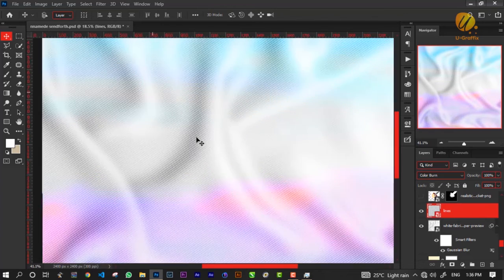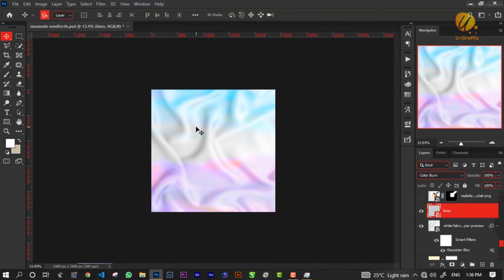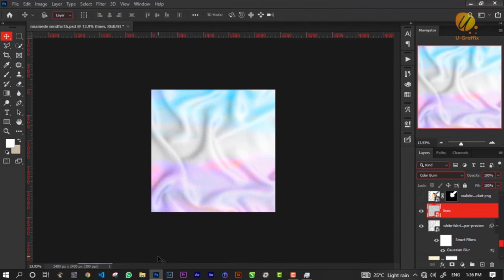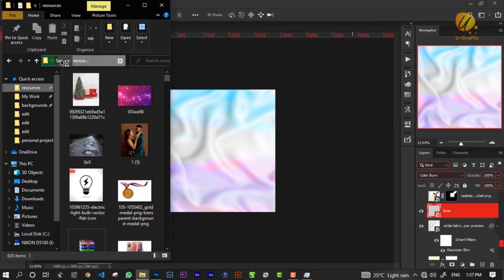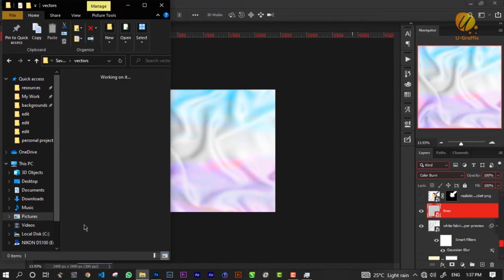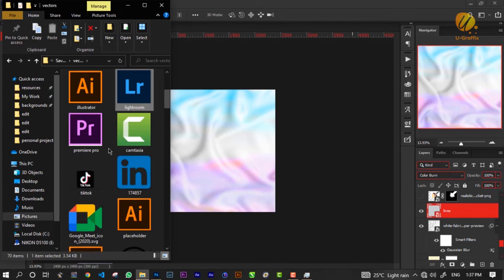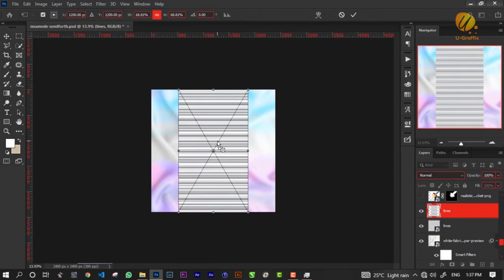And then these lines is something I built far back. I just designed it myself, just a couple of lines, and I saved it as PNG. So whenever I want, I can place them in my image. Let me find the original line I made. I go to vectors, I saved it in vectors, and the names are just lines. This is it. So I saved it as a PNG file. It's just a bunch of lines,